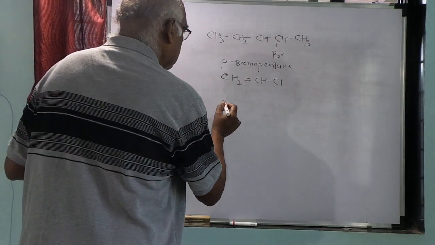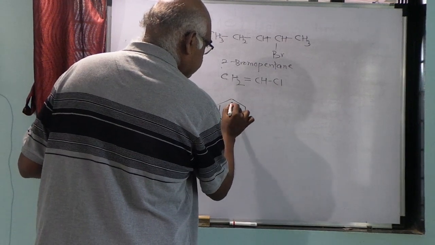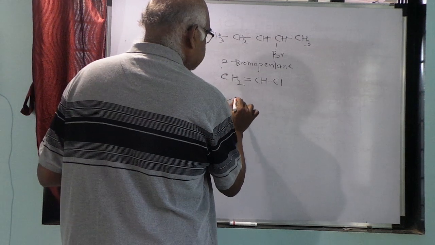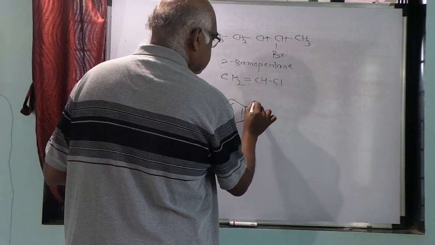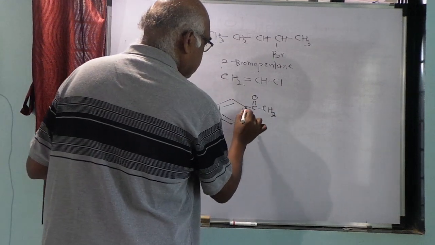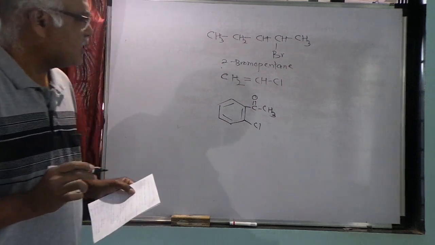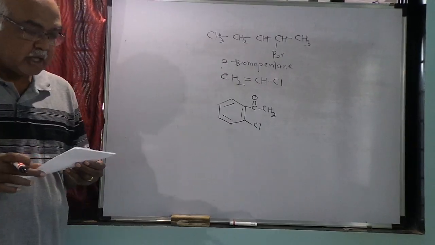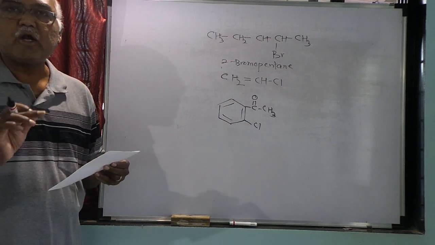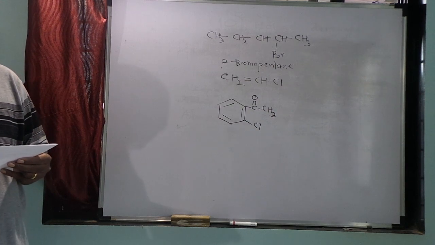2-chloroacetophenone. Acetophenone is like this. This is the benzene ring. Then acetophenone means there is C double bond O CH3, and on carbon atom number 2 there is Cl. Okay, 2-chloroacetophenone. This is not an alkyl halide or haloalkane because this is an aromatic compound, so this will not be there. And the fourth one is